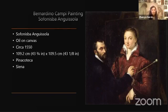So it's a self-portrait through her teacher painting her. So strange. You have to take a moment to think about it. She's painting this painting, but she's also the painting in this painting. And then we look at the